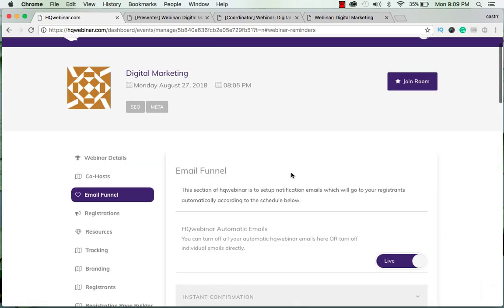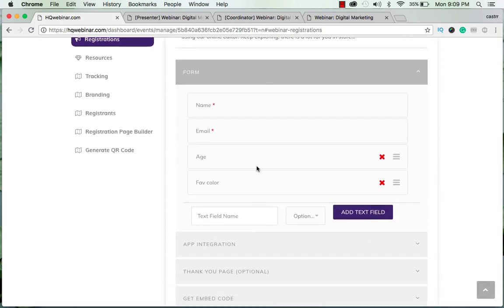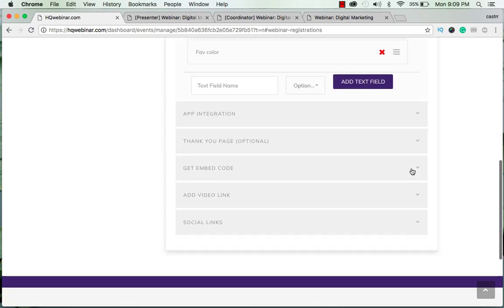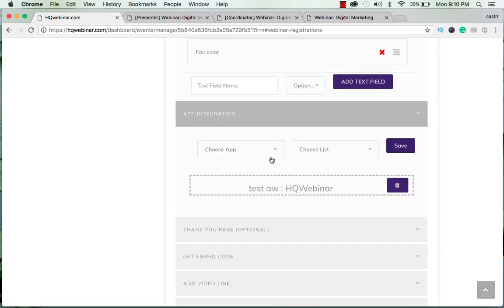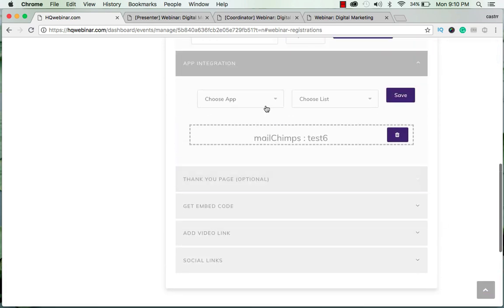and now we come on to the registrations. In the webinar registrations, you can add a custom field to the registration form, and after this you can use the app that you have already integrated in it. Choose an app from here. Suppose I choose this one. It will automatically be connected to this webinar. You can fetch your list of the Aweber or from MailChimp account,